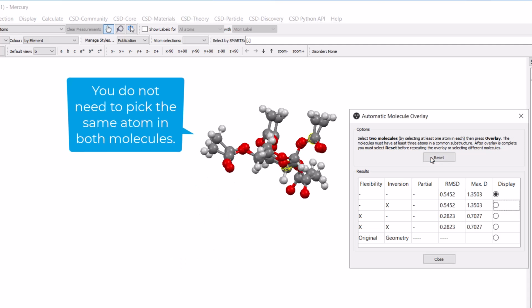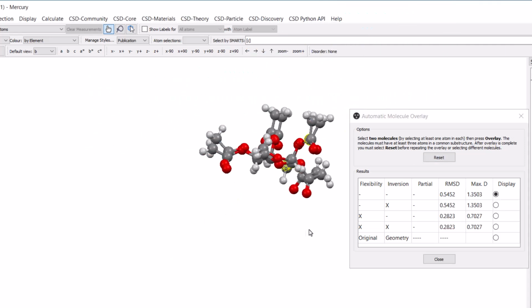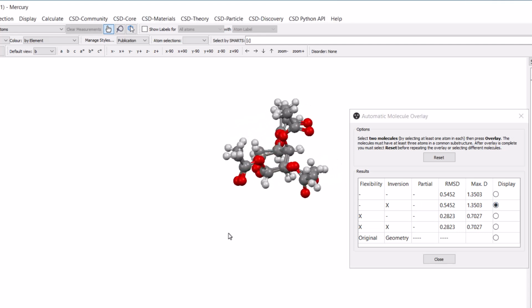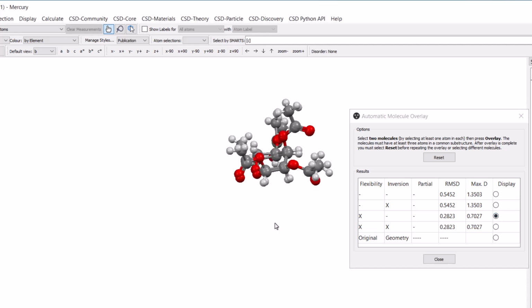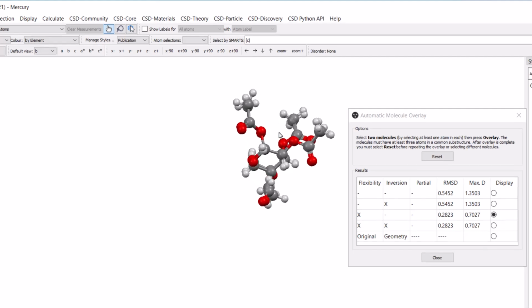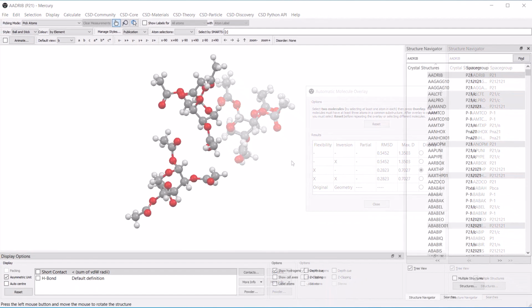The analysis reveals an imperfect overlay, which we can attribute to slight differences in bond lengths and angles between the two conformers, preventing a perfect overlay even when allowing inversion. The RMSD can be reduced a bit if we allow flexibility, which allows rotation around selective torsion angles. Still, the bond angles and lengths remain too different for a perfect overlay.